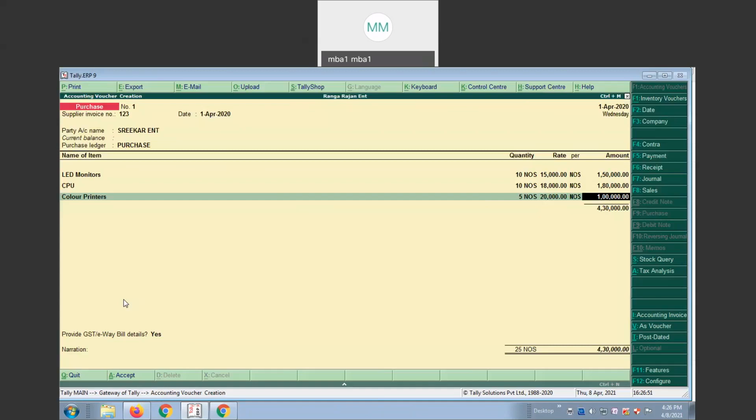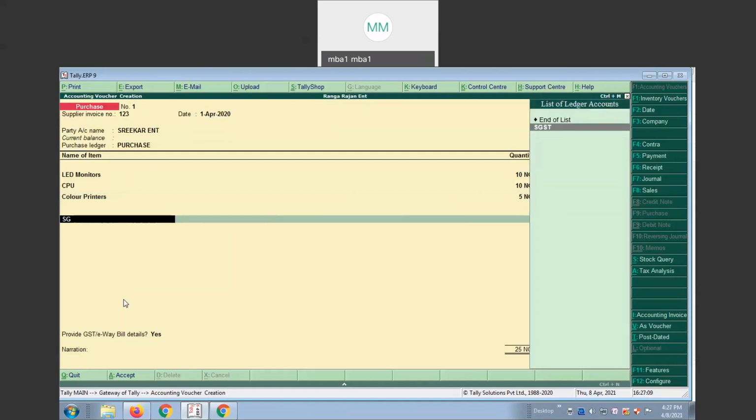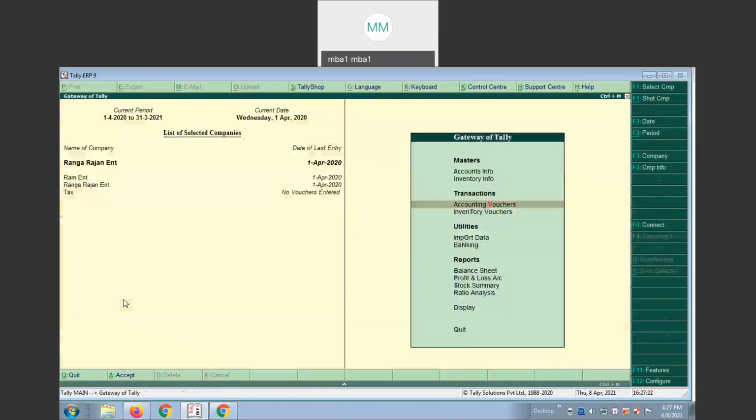See, you need to pay SGST as well as CGST. Sir, how to pay that? Click enter 2 times here. First SGST. Actually, I will go back here, earlier I haven't saved it.